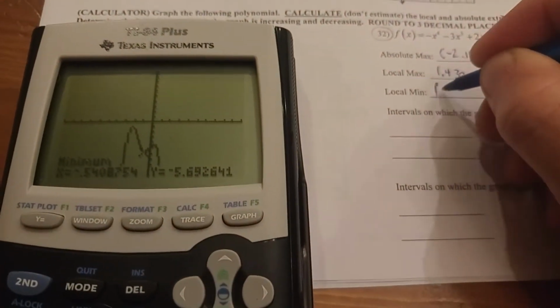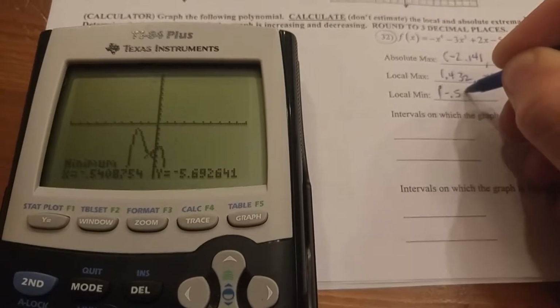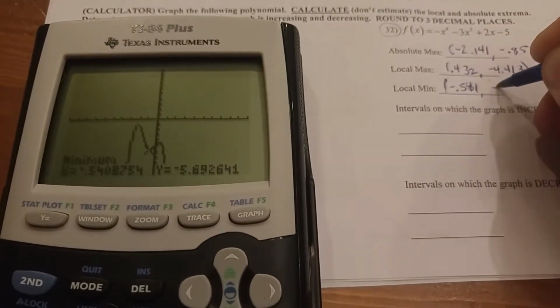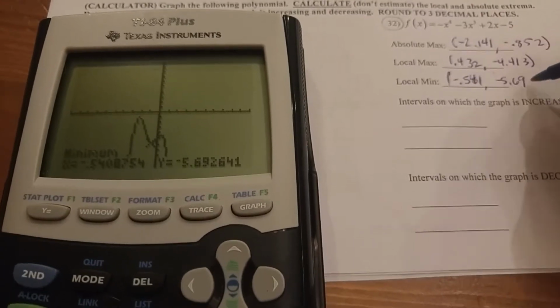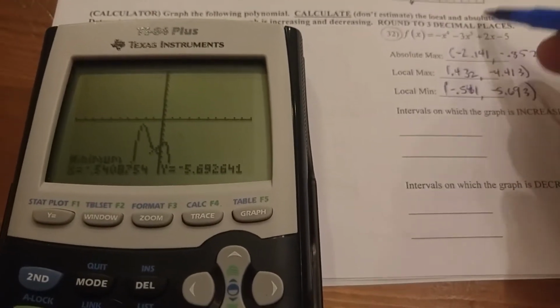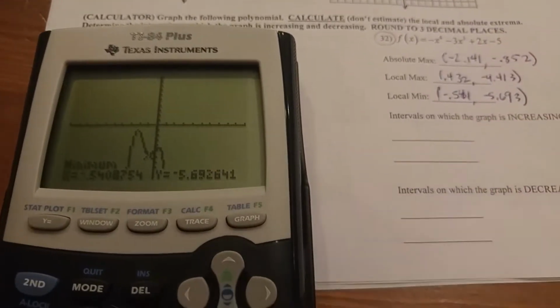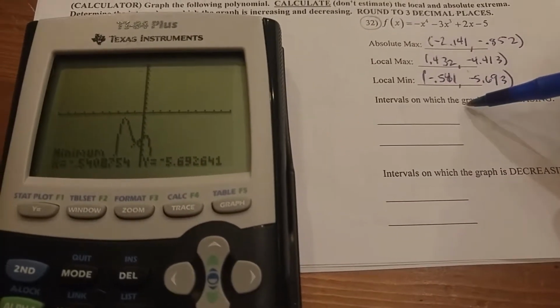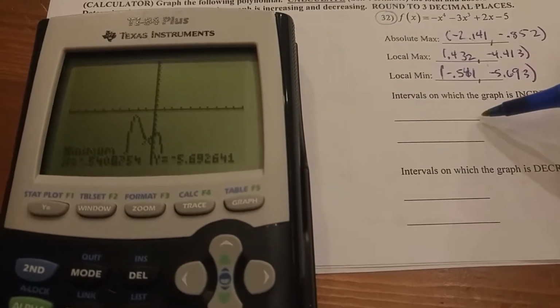So we're going to call that negative 0.541, negative 5.693, rounding to 3 decimal places because we can read and follow directions. Okay, and then we're going to have 2 intervals where the graph is increasing, so we kind of